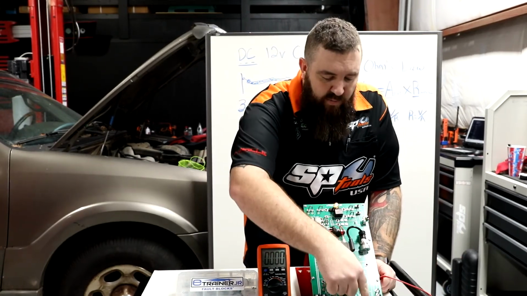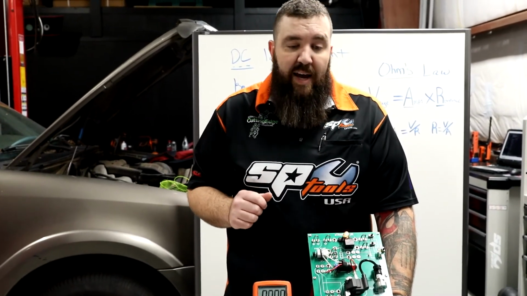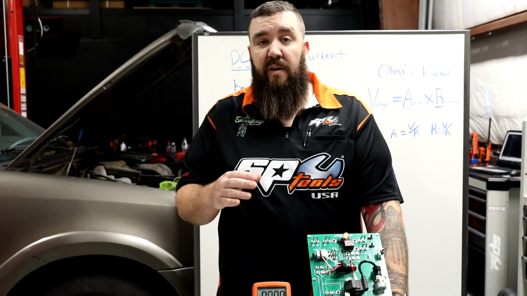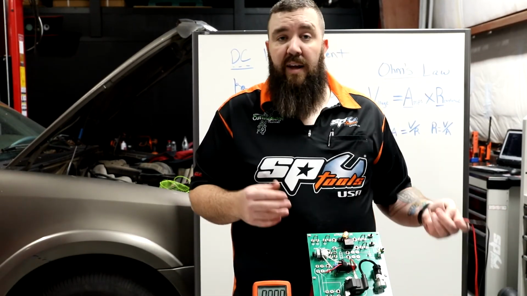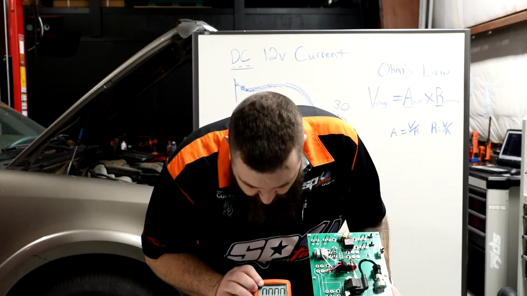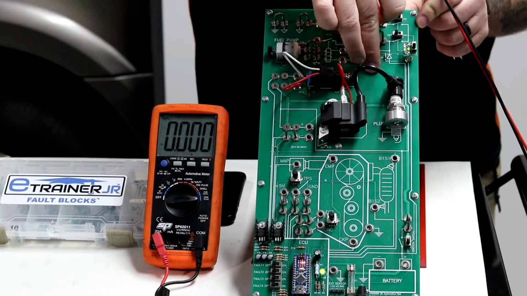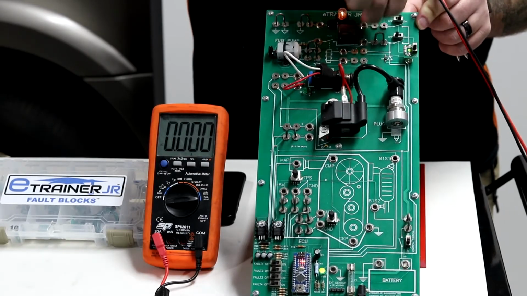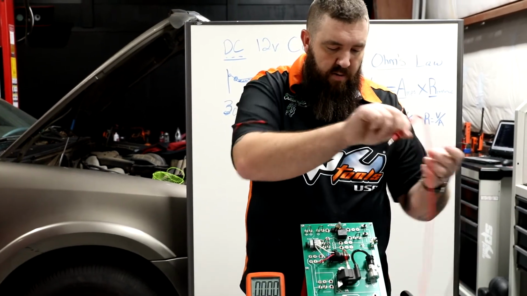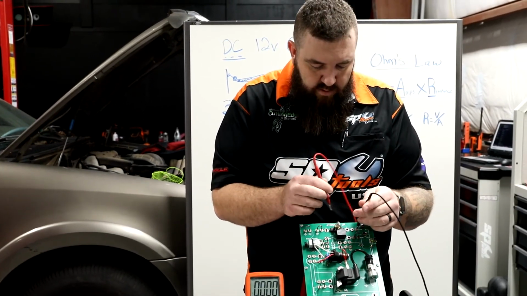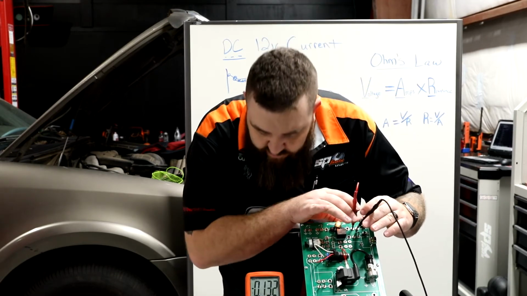We can't just put this one on the negative and check between whatever spots would be there. We actually have to put the meter in series. That means we have to use the meter as part of the wiring in the diagram. So we have our amperage set right here. Now we're going to go ahead and pull out this little section of the circuit, and we're going to put our meter in place